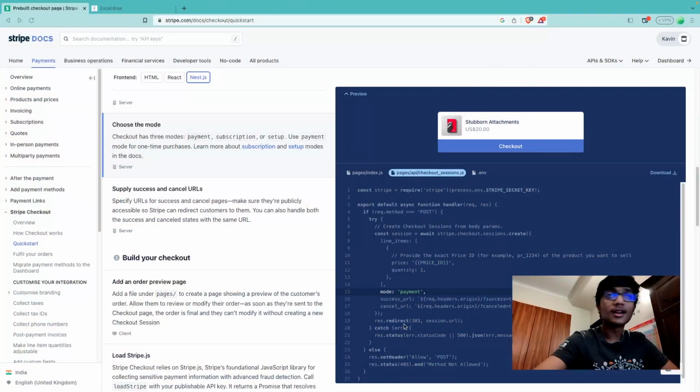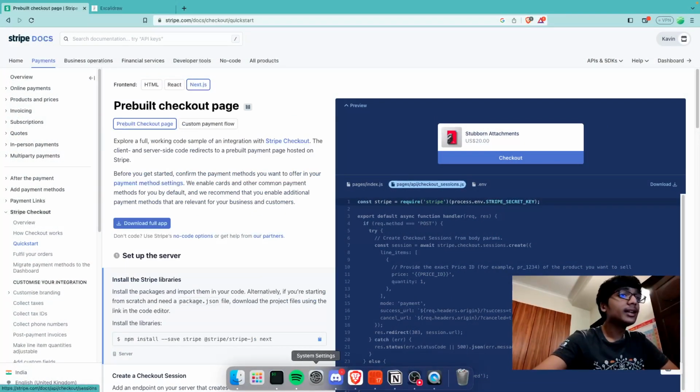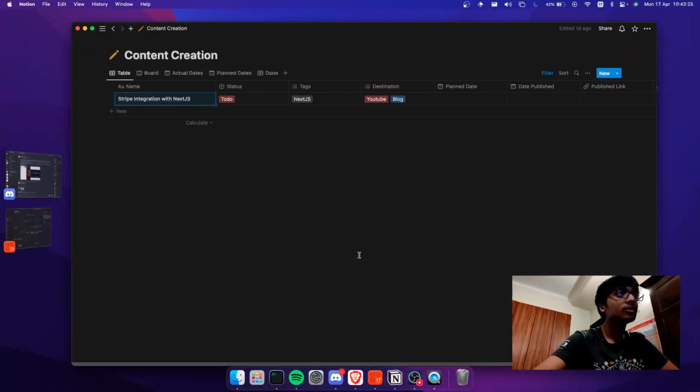Hey guys, in this video we'll be looking at how to integrate Stripe into your Next.js 13 application. So let's start off. I have already created a basic e-commerce kind of app so that we don't waste any